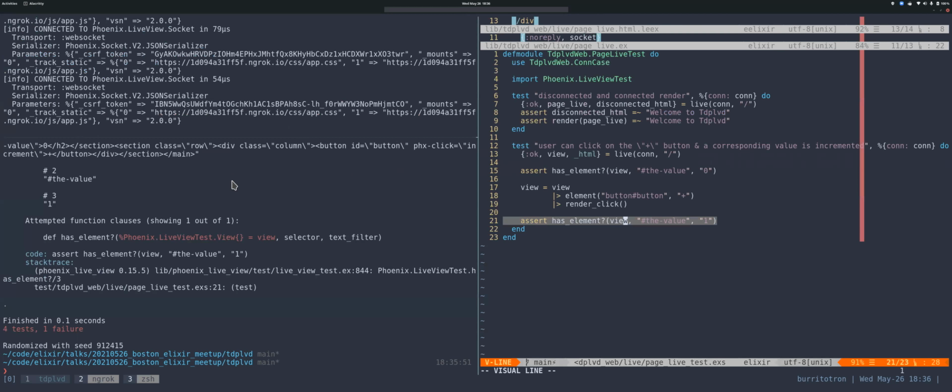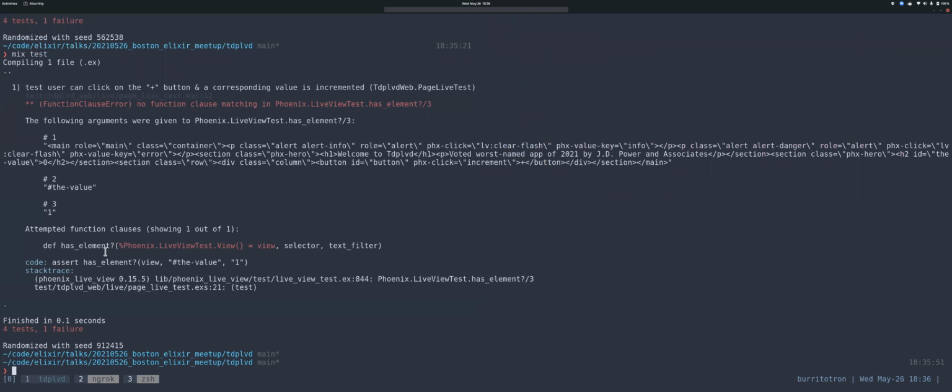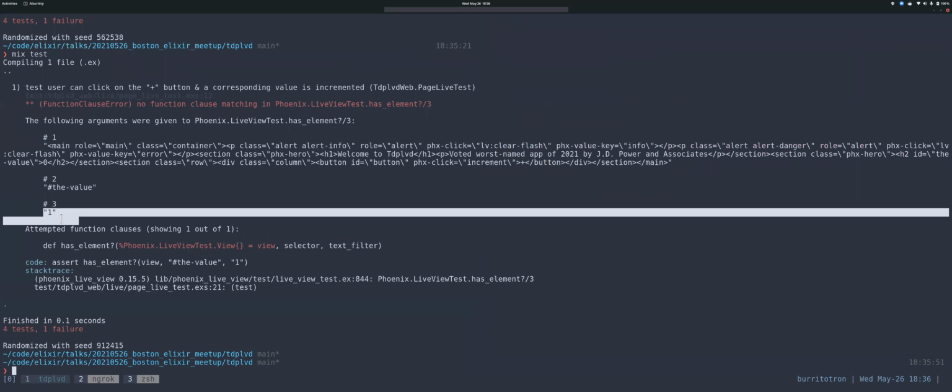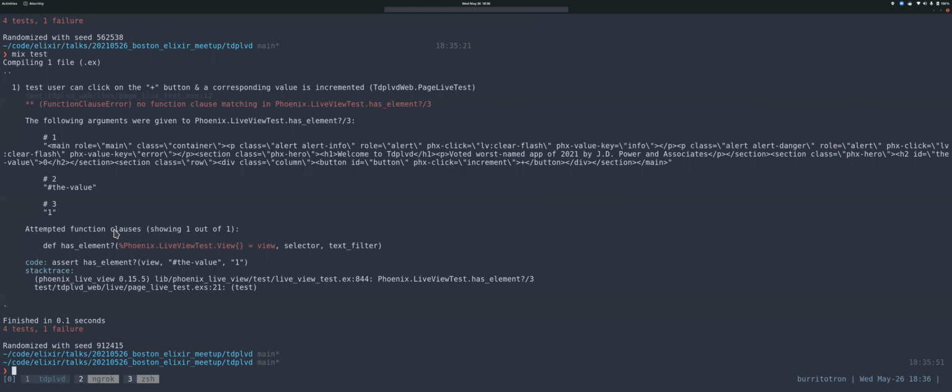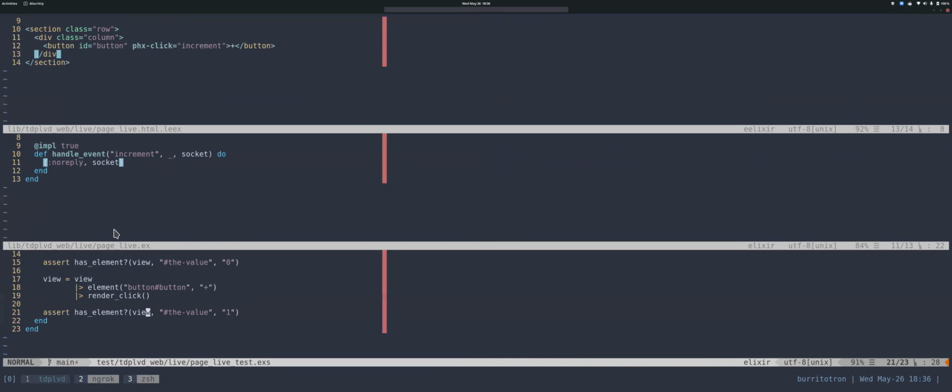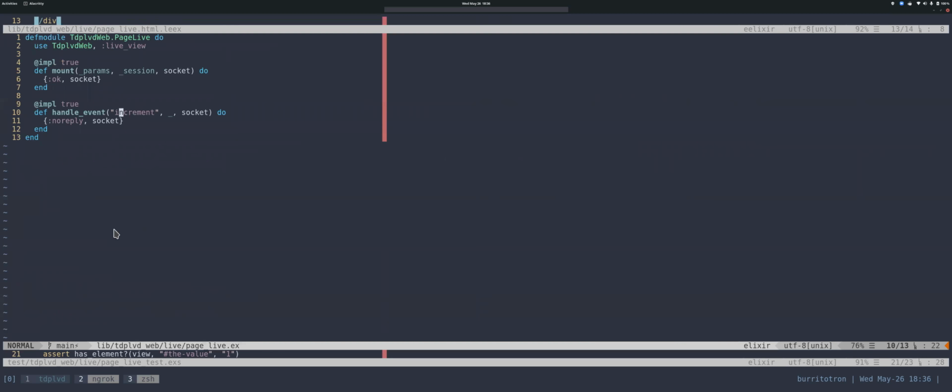But this now is not passing because the value is, as you might expect, not 1. We didn't write any logic yet to increment that value. So what we're going to do now is increment that value. And the way that we do that is this event here is not just going to have the socket. It's probably going to want to do something with the data that is stored on the socket,